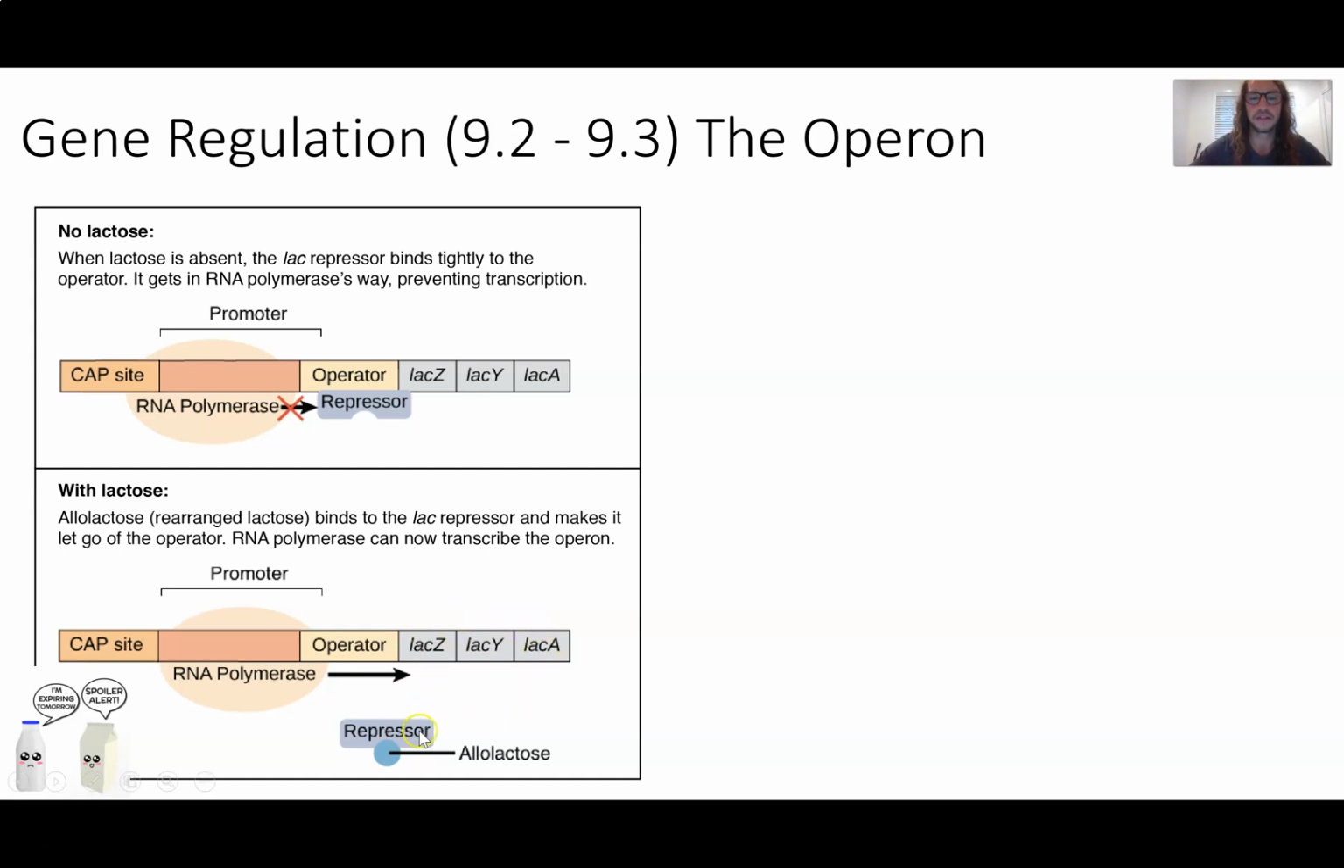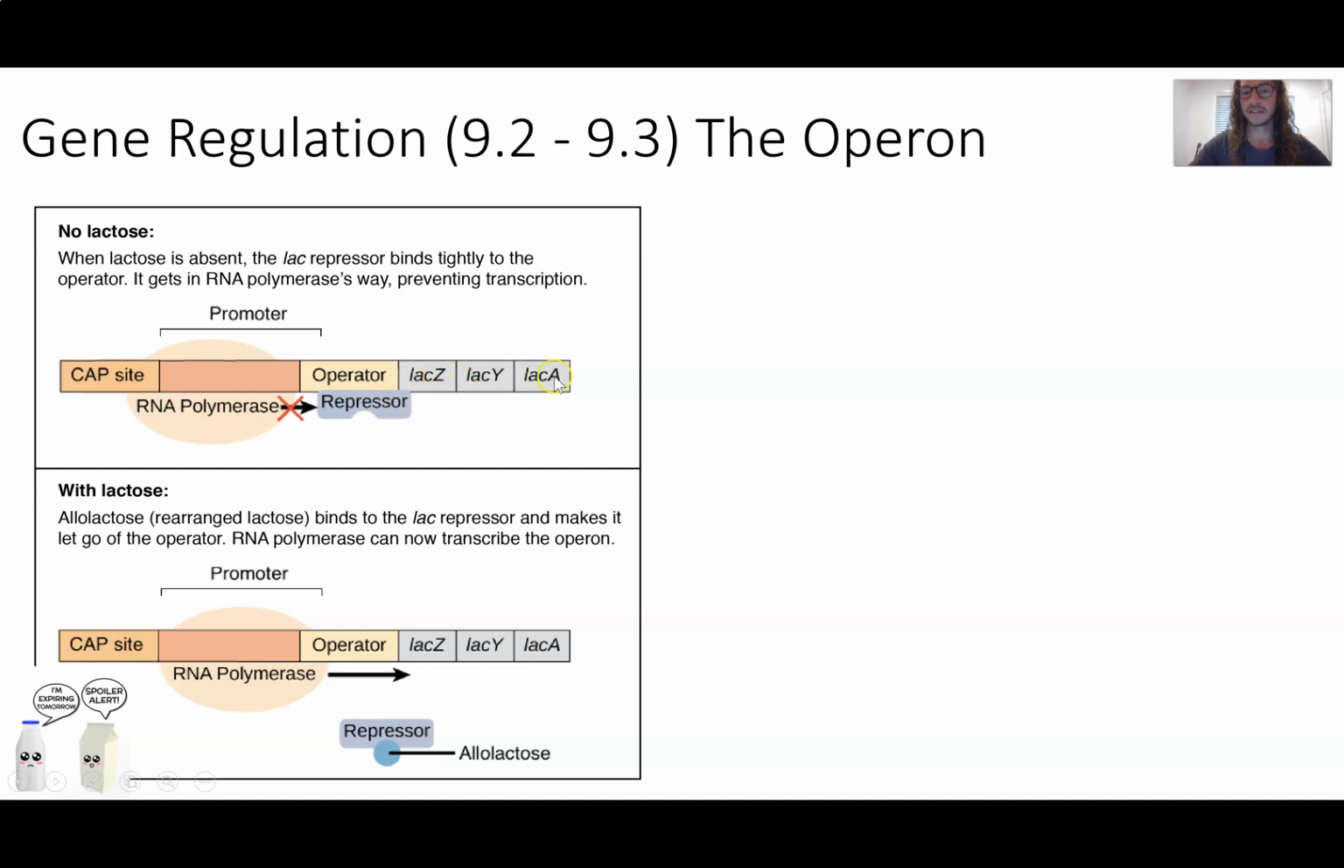So when lactose is present, it binds to the repressor and changes its shape. RNA polymerase can come in and start working, writing that message to create those enzymes. So this happens really quickly when we drink a glass of milk. If we talk about now what happens when no lactose is present? Well, in the absence of lactose, the repressor remains bound to the operator, therefore inhibiting RNA polymerase from coming in